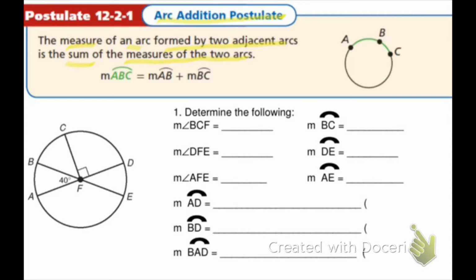All this means is that if you take a major arc, that's going to be equal to the sum of the two minor arcs. So if you look at the example here, we're going to say that ABC, that entire arc is going to be equal to the sum